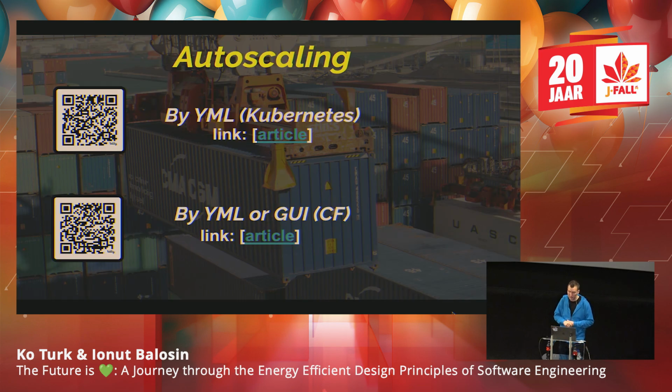What also can help is autoscaling. Who is using autoscaling here? Who has no idea? Still, okay, some. That's pretty nice because with autoscaling, you can say, hey, if the limit is reached, then scale me up another node. You can do this with Kubernetes, some configuration, some YAML, and then it's autoscaling. It begins with one node, and then it scales up with a second node if needed. Normally there are a lot of nodes already active that are useless, and that's a waste of energy. So you can already improve there.